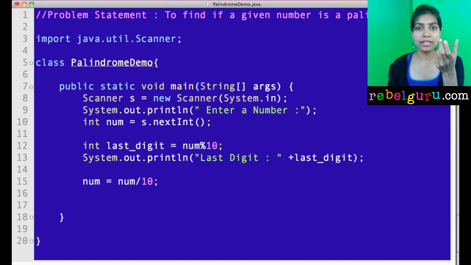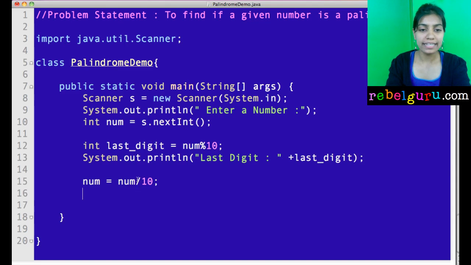If the original number was 431, it will divide 431 by 10 and get 43.1. But remember, num is a variable of type integer, so the 0.1 decimal part is not stored. You get only 43.